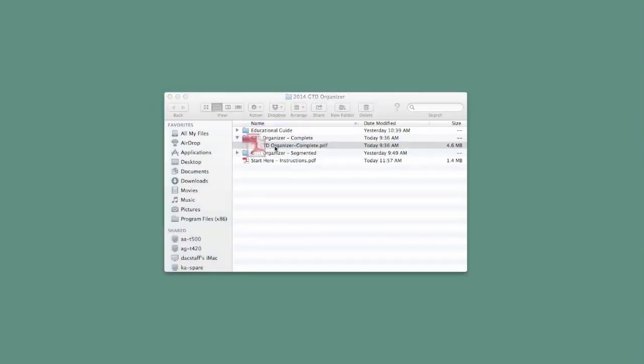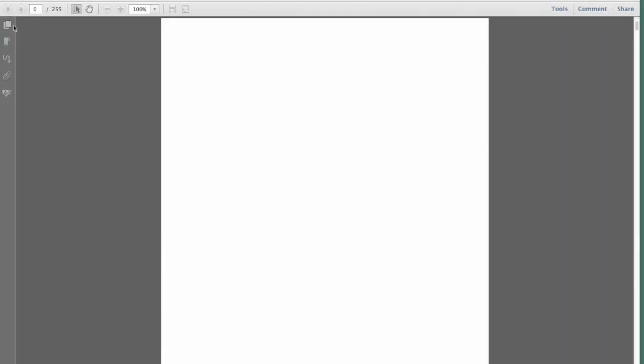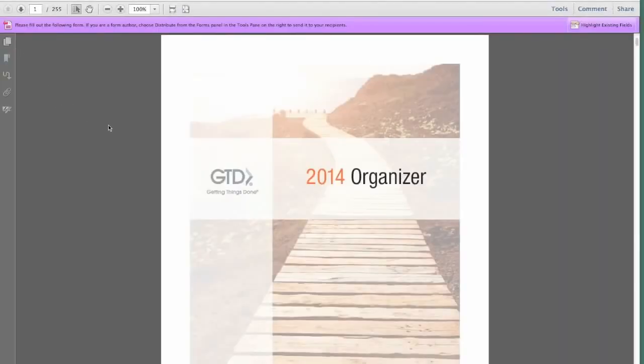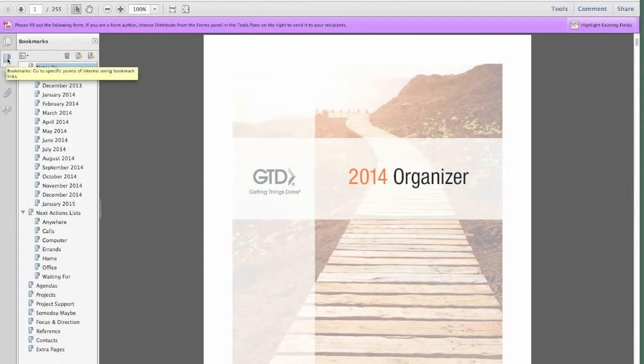So if you launch the PDF just like you would any other PDF, you get this wonderfully rich, beautifully designed organizer. So it's a PDF file of an organizer. Think of a paper planner but as a digital file, or think of an electronic list manager but it's a PDF file. And on the left-hand side, if you click the bookmarks icon, or you look for what's called table of contents, it's different in different versions of Adobe Reader or Apple Preview, you're going to see all the different sections that come with the organizer.